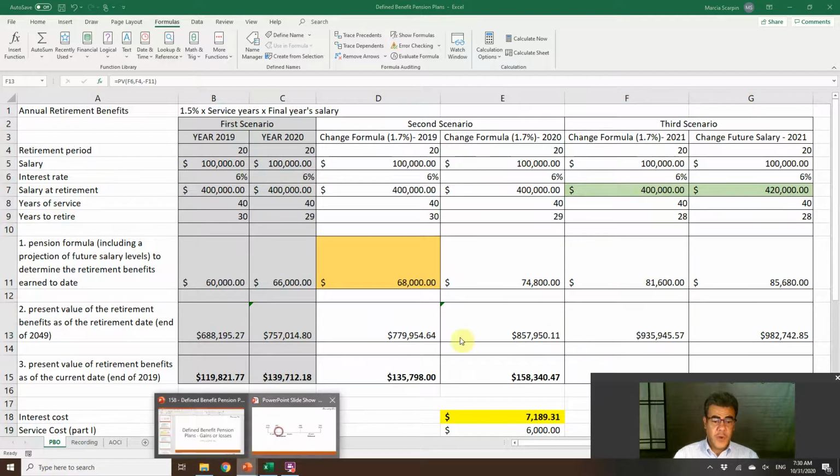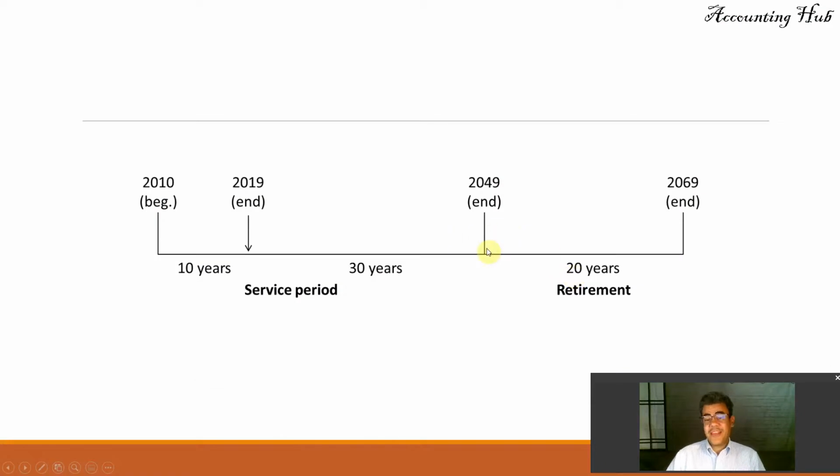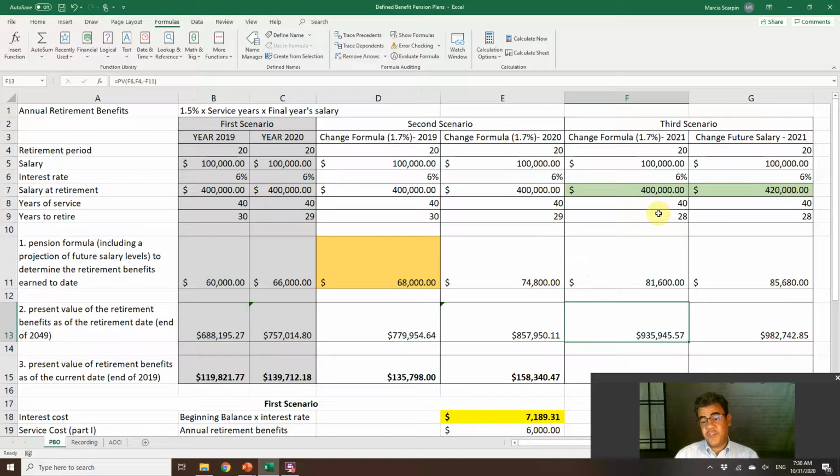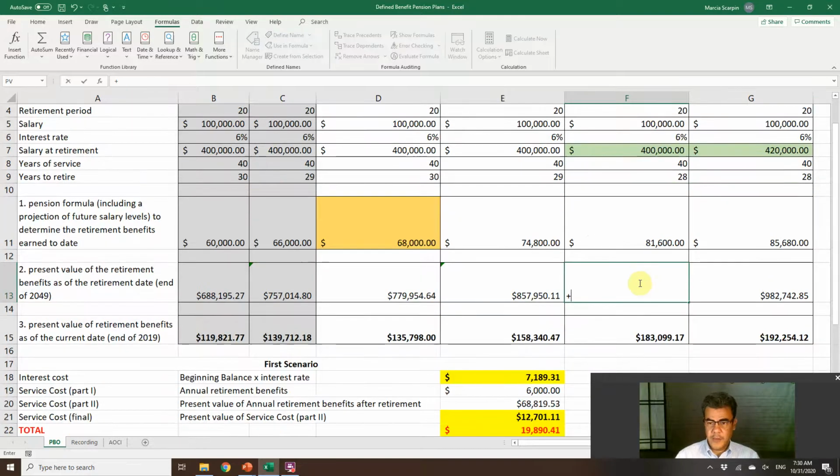However, we don't want to know the retirement value here. We want to know here, today, not in 28 years. 28 years, 2 years goes by. So